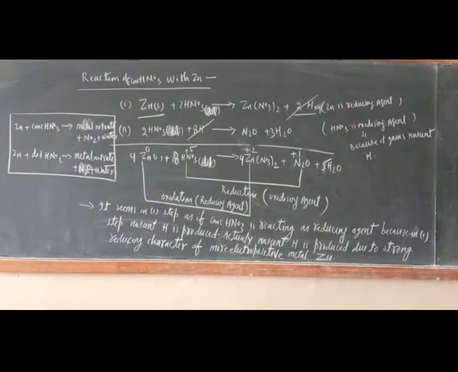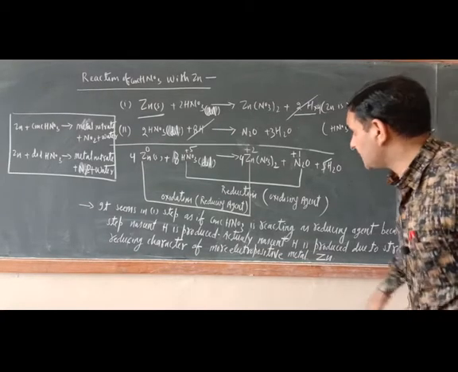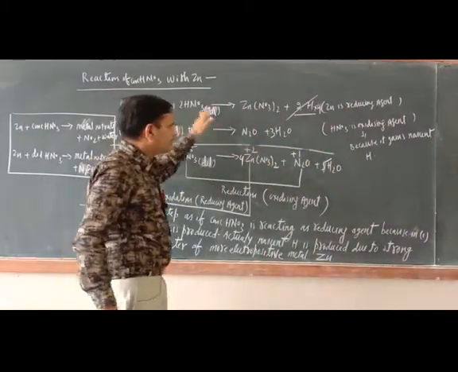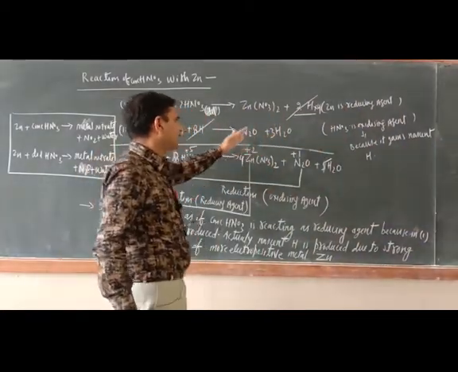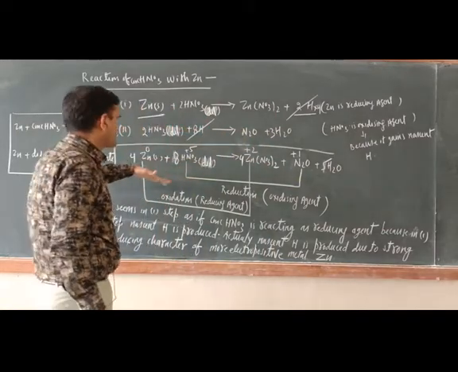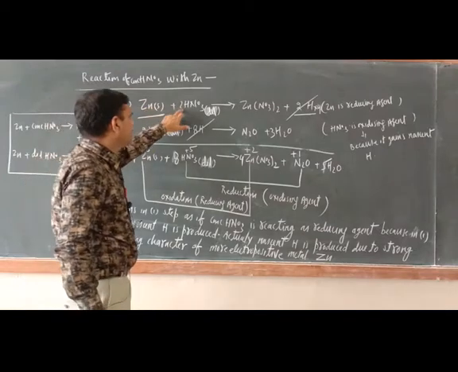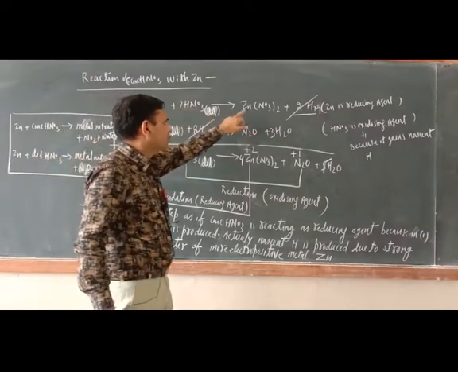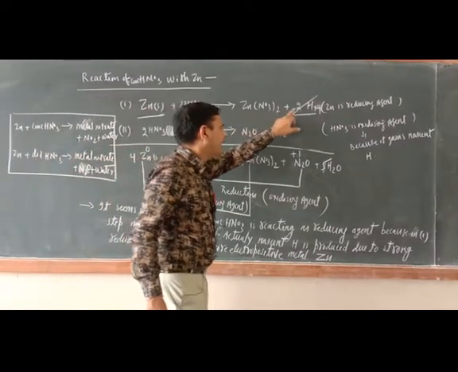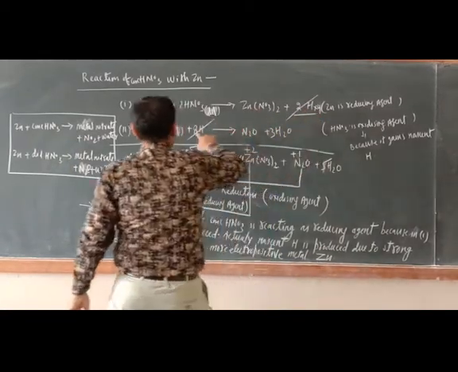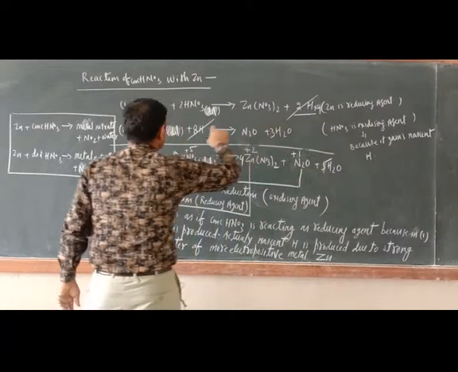So dear cadets, now I have edited the previous reaction. In place of concentrate I wrote dilute, and I have changed these stoichiometric coefficients. Now rest everything is okay, there is no issue. So just see, zinc reacts with HNO3, now dilute. So the product is zinc nitrate and 2 nascent hydrogen. Now it should be multiplied by 4. So now 4 to 8 nascent hydrogen.